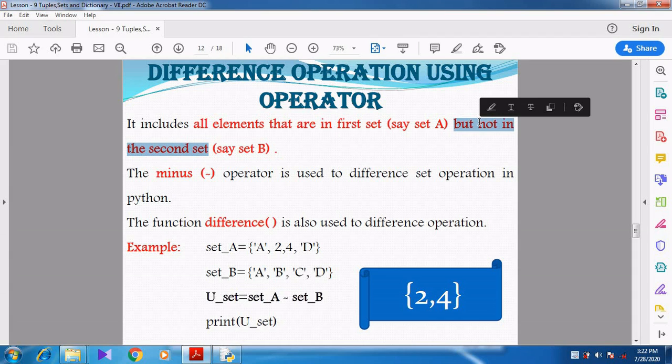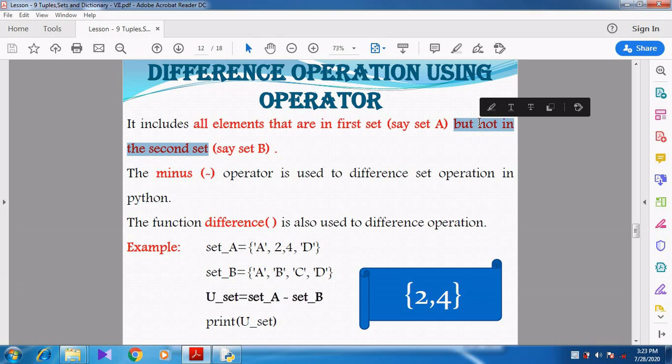So we include all the elements from set A, and we do not include the elements which are in set B. The common elements should be rejected and eliminated. We want to take only the elements available in A alone, and we should eliminate the elements in B. The common element should also be eliminated.